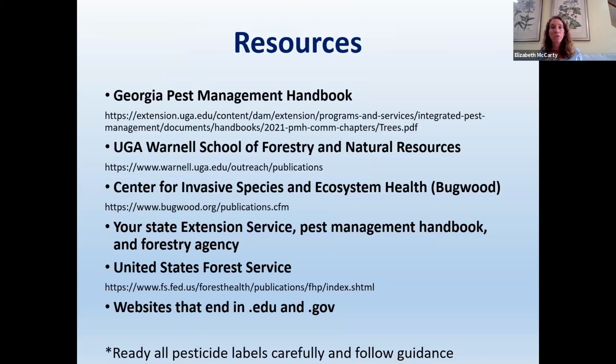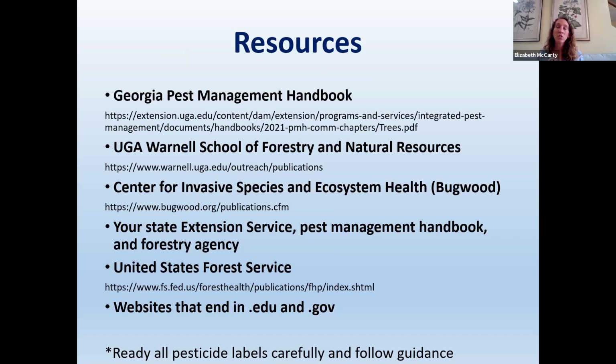And then lastly, for resources. It doesn't do much good to know about things and know that there are measures out there without knowing where to go to get help. So county extension agents are great resources, as well as your state's forestry commission, depending on if you're dealing with ornamental or forest trees. And then the extension service has specialists. So I'm the forest health specialist for Georgia, but your state likely has somebody in the forestry or entomology department